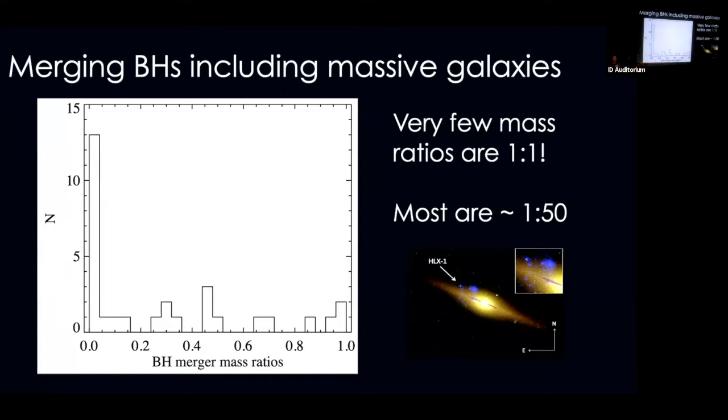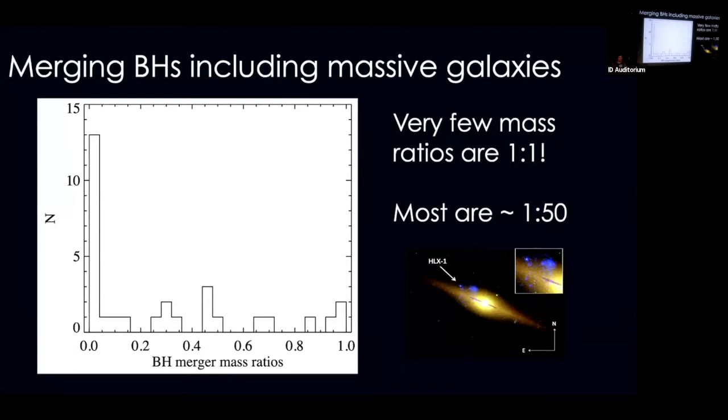So what this probably is a dwarf galaxy or maybe a star cluster that has an intermediate mass black hole in it. It's been perturbed in its interaction with this more massive galaxy. The black hole is accreting, and eventually it will work its way into this larger disk galaxy and merge and